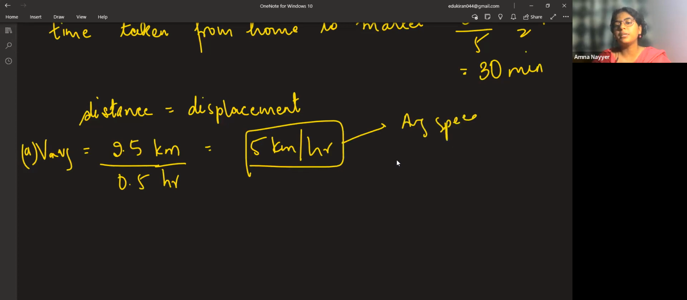This is average speed also. This is average velocity as well. Why? Because distance is also the same, displacement is also the same, right? Now, next,